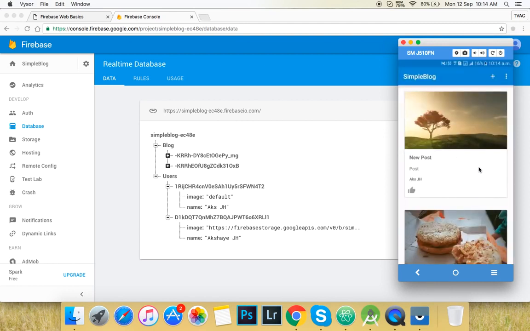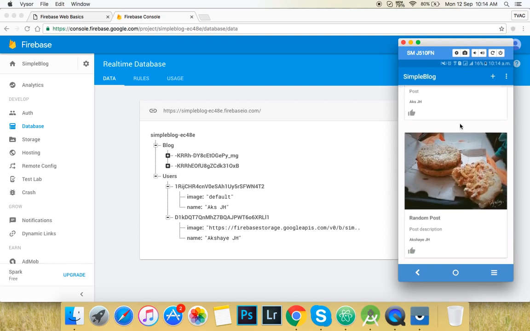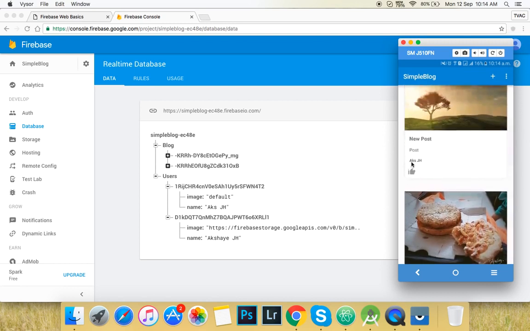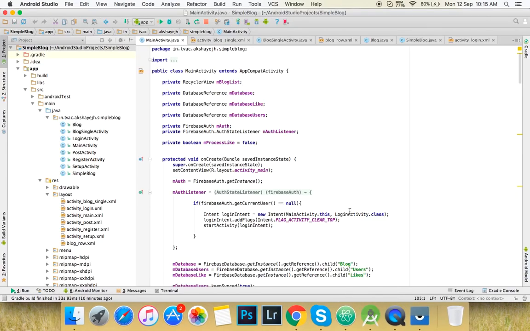So you can see that I have two posts over here. One is posted by Akshay JH and another one by AKSJH. And now these are both different users. So right now I'm logged in with this ID and I want to retrieve only the posts by this user. So what we can actually do, I'm going to go to my main activity, and